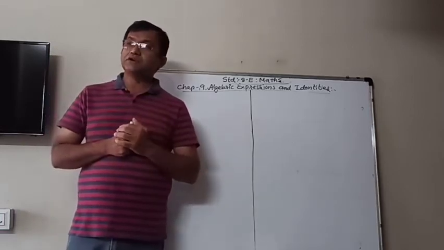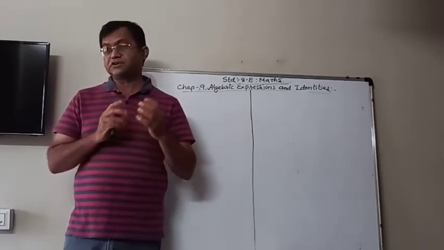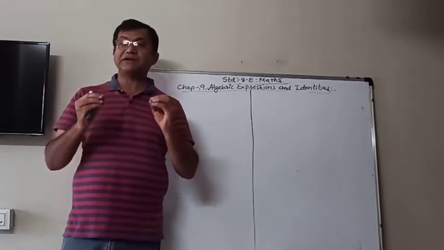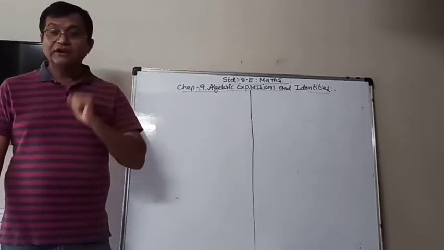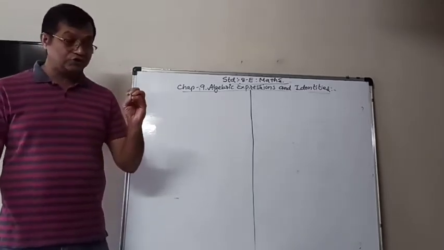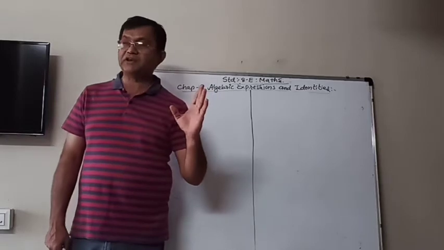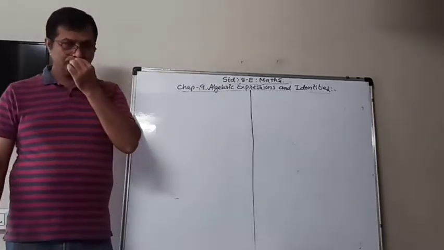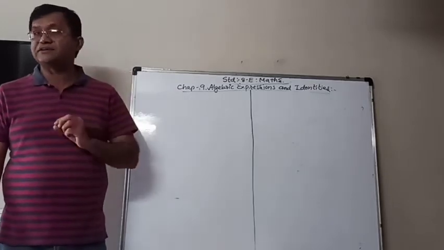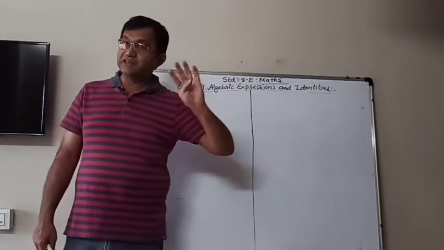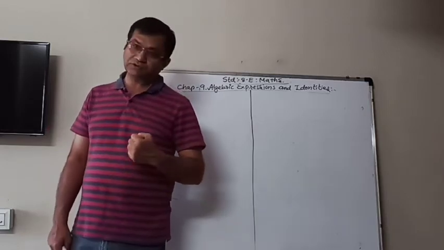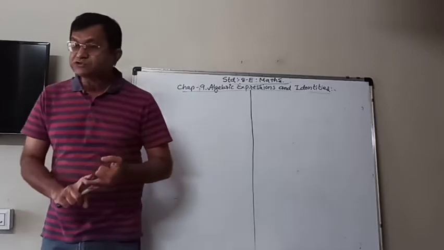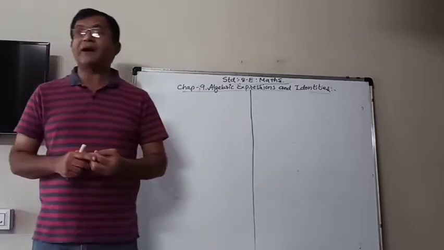As you know, in this chapter the most important part is going on. In the last session I explained to you the three identities which are known as standard identities, and then we learned another fourth identity also. Now, what is the use, what is the application of identities?